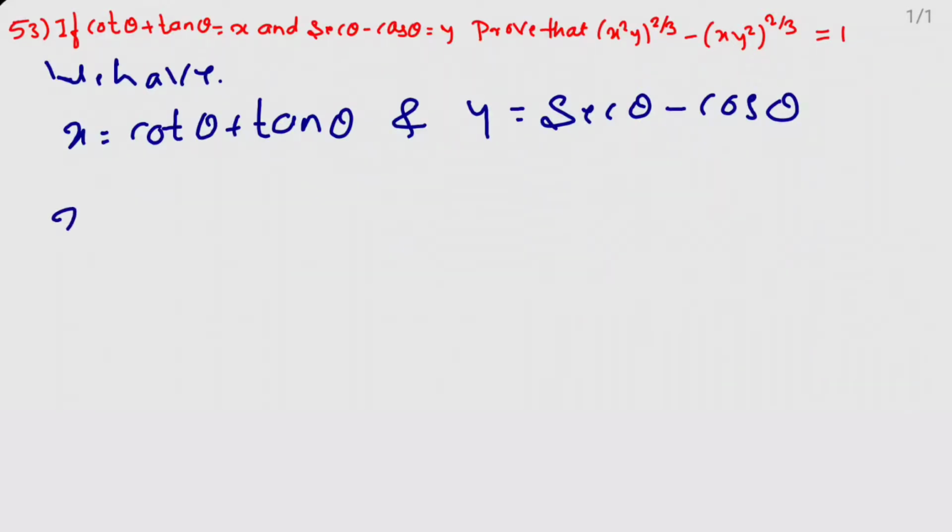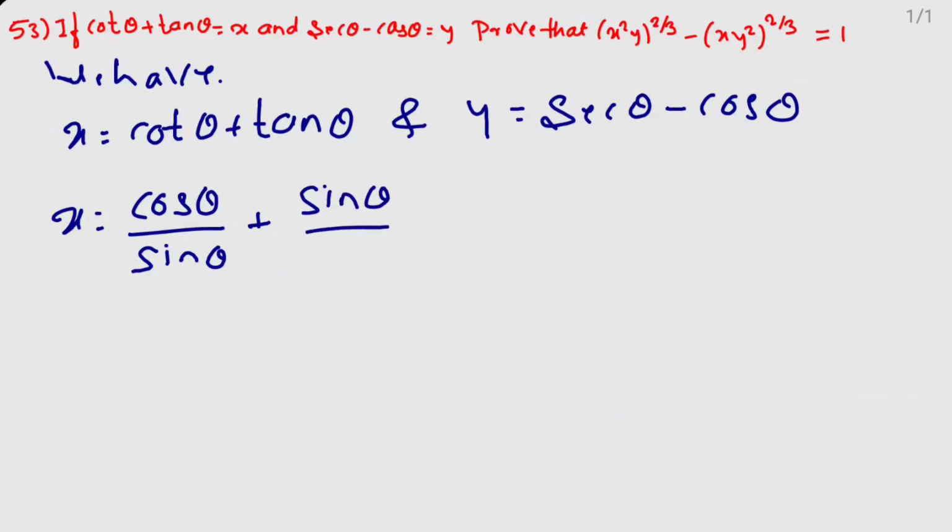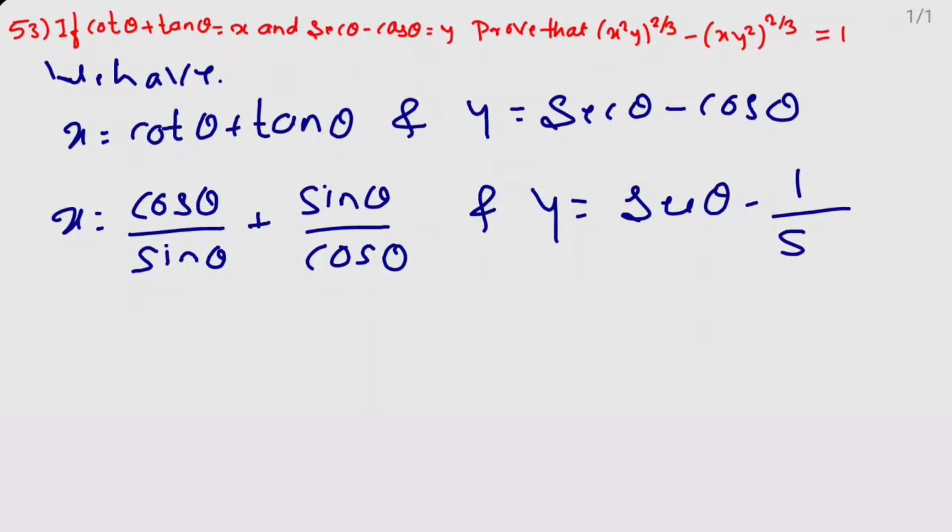And now here x equal to cot theta, we can write cos theta divided by sin theta, plus tan theta, we can write sin theta divided by cos theta, and y equal to sec theta as it is minus cos theta, we can write 1 by sec theta, and here